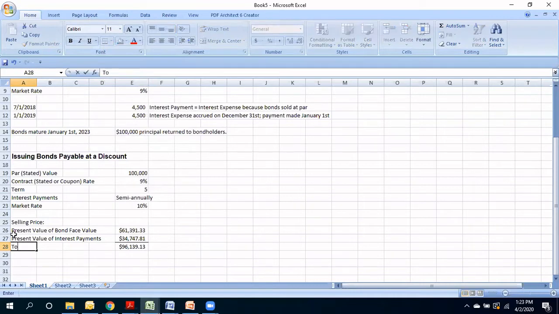$139.13. Okay, so that is the selling price of my bonds. The difference between the stated value, the par value of the bonds, and my selling price is the discount. All right, now what you're going to see if you're comparing the discount I calculated to the discount